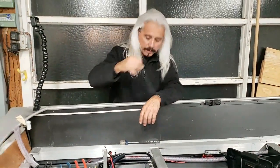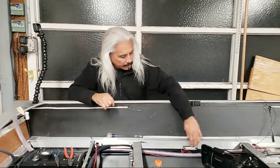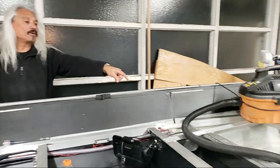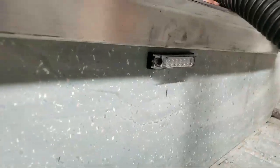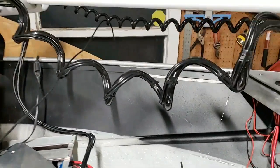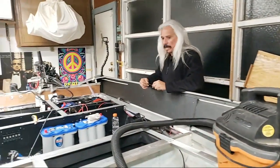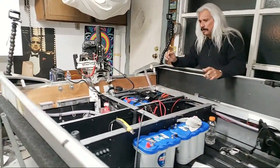LEDs, doing all the LEDs here, and mounting LEDs in here in the cockpit. I got an LED inside the compartment there where all your gear is. Got an LED right inside there, so when you flip that baby open, you're going to have lights in there. You got LEDs on the bow here. So yeah, it's going to be pretty cool. So very nice. Other than that, yeah, we got our